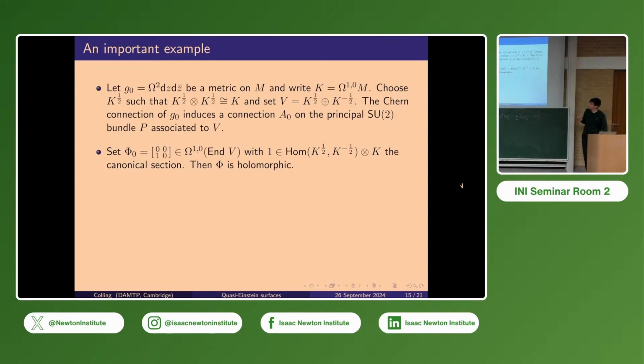And because this bundle here is canonically isomorphic to K to the minus 1, there is a canonical section of this bundle, which I call 1. So if we